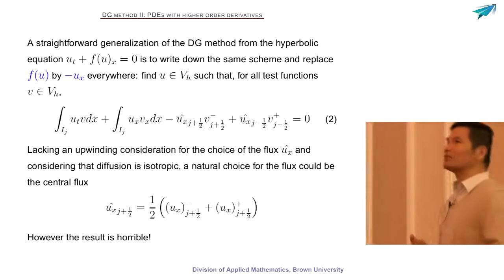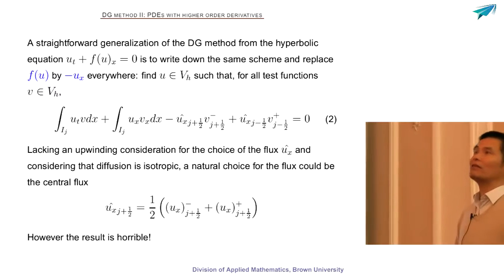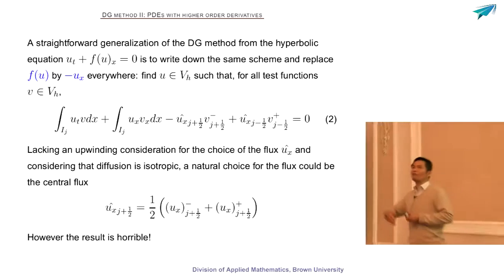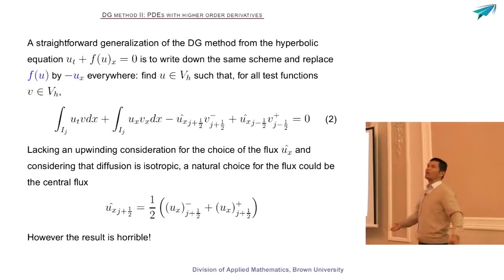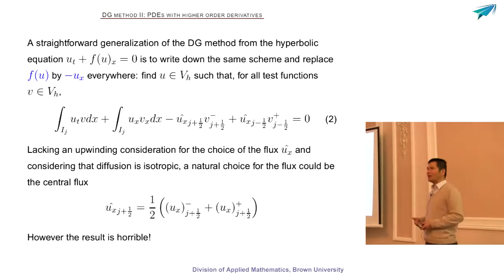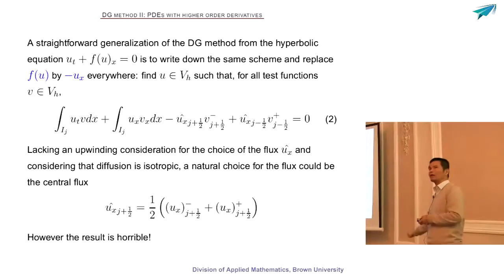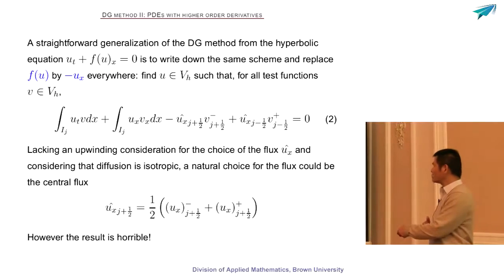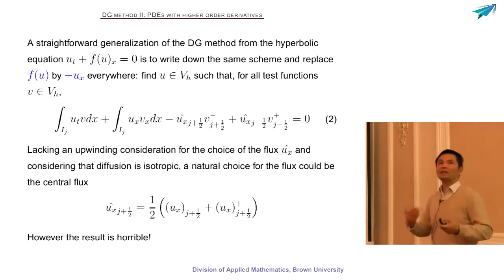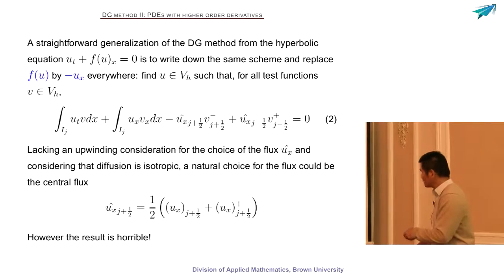Okay, but you say, well, this is not a big deal, because we know that for heat equations, information is propagating in all directions equally. So there's no preferred upwinding direction, so we shouldn't prefer one direction over the other. So if we have information of u_x from both left and right, the most natural way of trying would be to just take the arithmetic mean. So you take the average